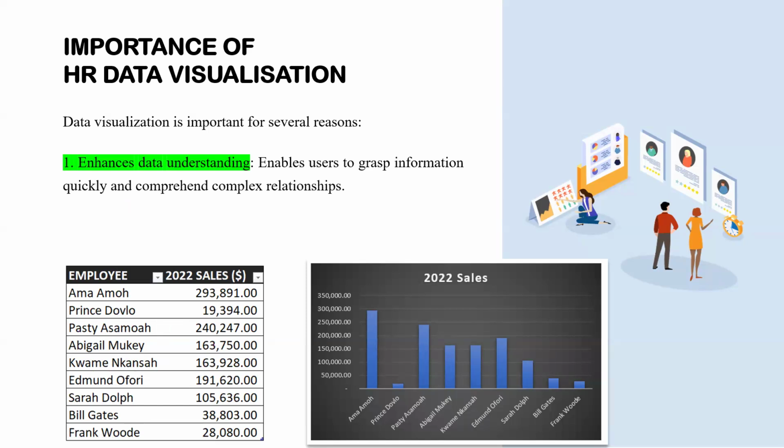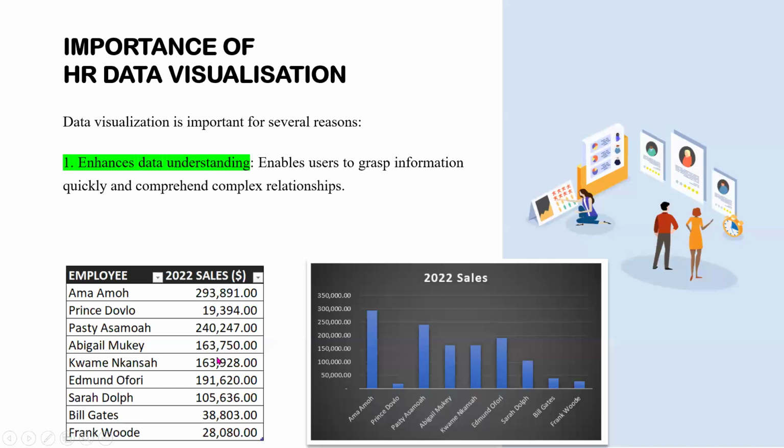Amamu. Yes, I know you are saying Amamu because you were able to infer it from this. You were just looking at the figures to tell. Some of you realized that the data over here is what is represented here, and you were able to quickly see that Ama has got the highest and the rest are down here. So you can conclude that Ama made the highest sales within the year.